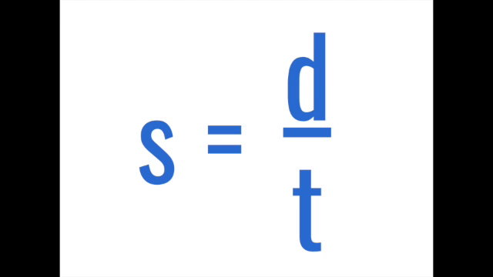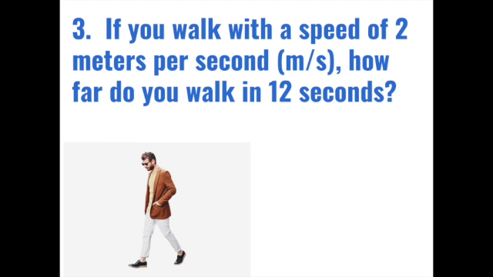Okay, number 3. Let's take this formula, speed equals distance over time, and let's talk about a person walking. If you walk with a speed of 2 meters per second, how far do you walk in 12 seconds? Okay, so I'm looking at this and I'm thinking, where is my distance? Do I have a distance on here? No. I have a speed on there, which is 2 meters per second, and I have a time on there, which is 12 seconds. So if we go back to our formula,